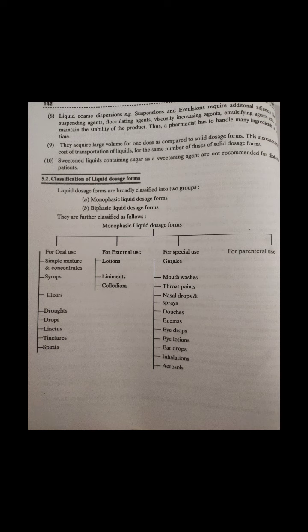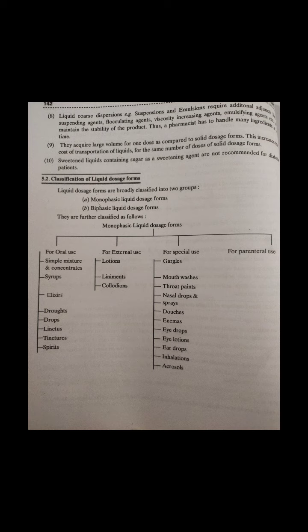There must be a label put on the bottle which would have directions like for external use only, dilution ratio with warm water, and all other requirements which are required for liquid dosage forms except the dose column. So it is the most important point, except the dose column. So this was all about the gargles.